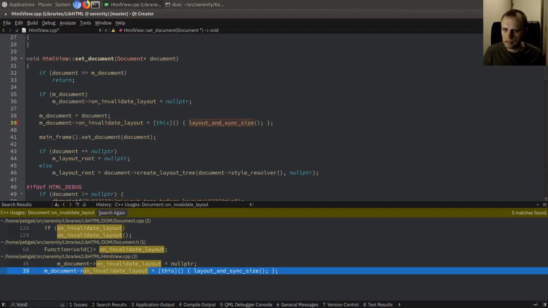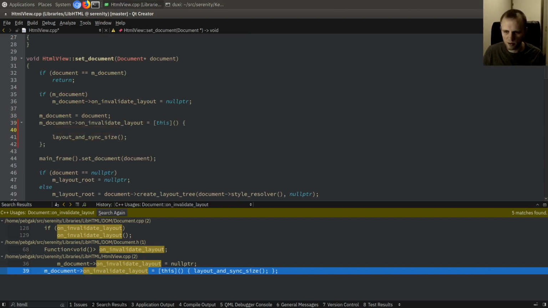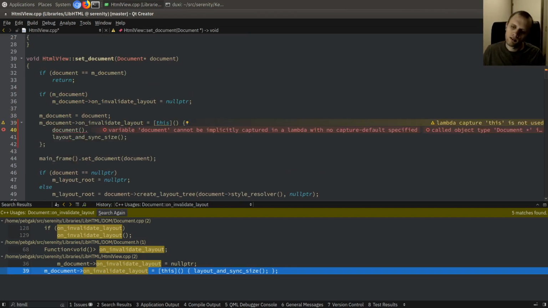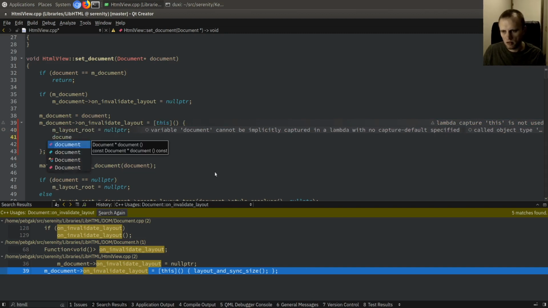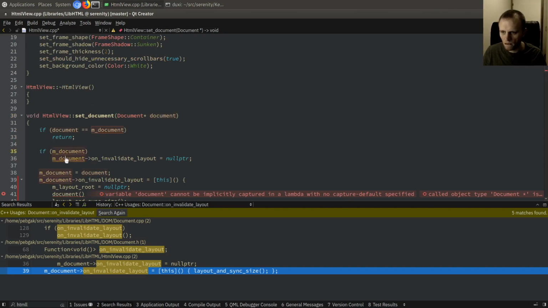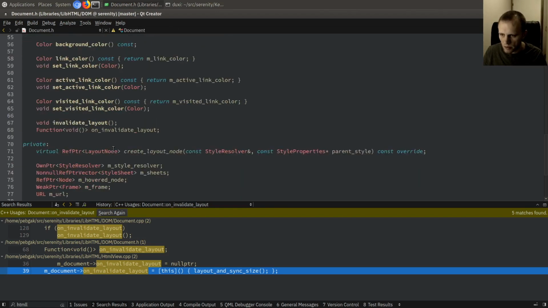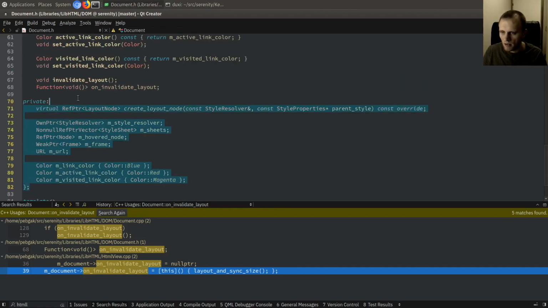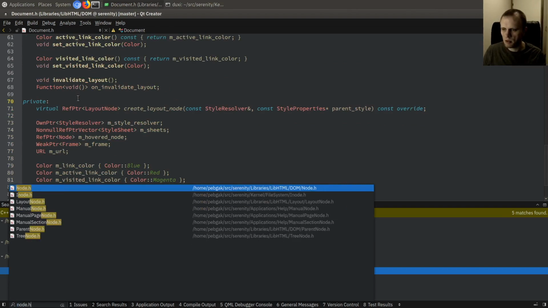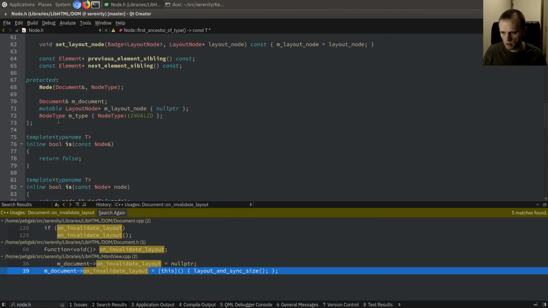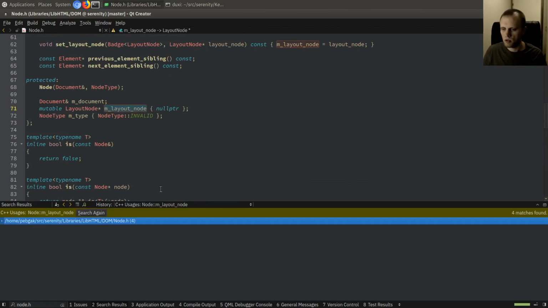So, relayout. I haven't tried to do this before. Document. So m layout root should definitely be null. Document dot. I forget how this works. Let me go and see. Does document know its layout root? It does not, but every node has a pointer to its layout node, which